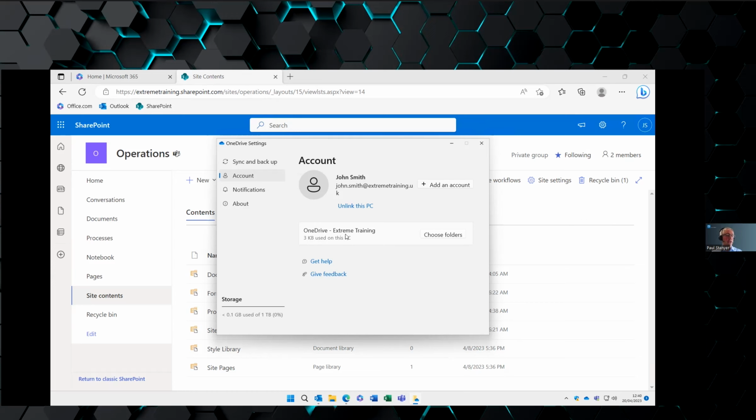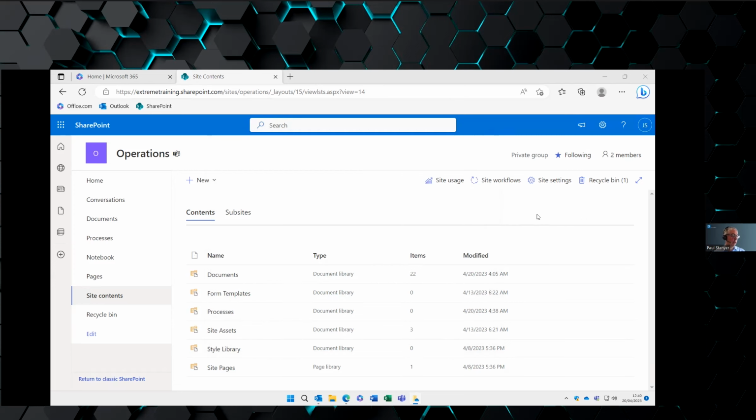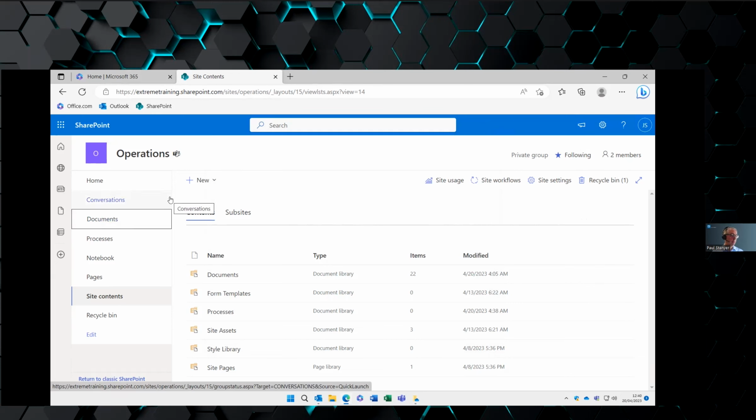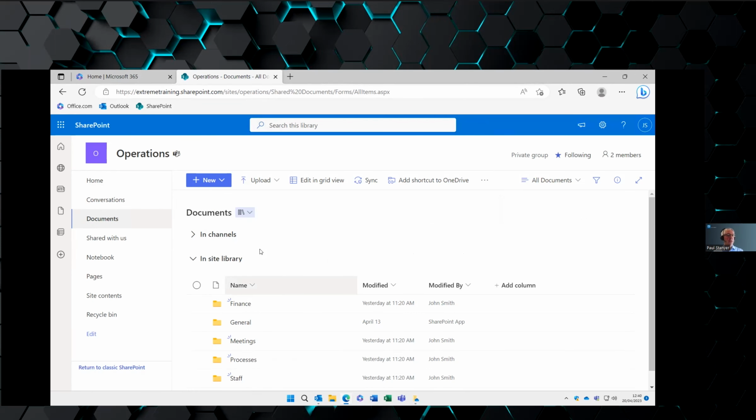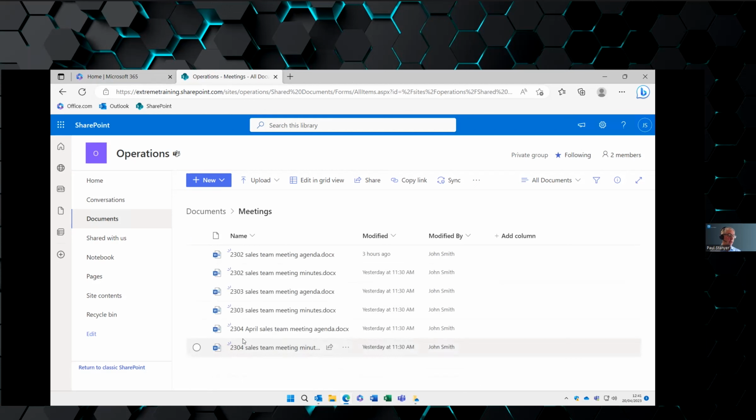Now, if I want to sync a SharePoint site to my computer, it's very simple. Back in the document library, let's go to Documents. Try that again. Here we go. If you want to sync the entire document library, you can just hit the sync button, and that will automatically connect this document library to your computer. You can also synchronize a set of subfolders. So for example, if I only want to sync the meetings folder, I can go into meetings, and any files